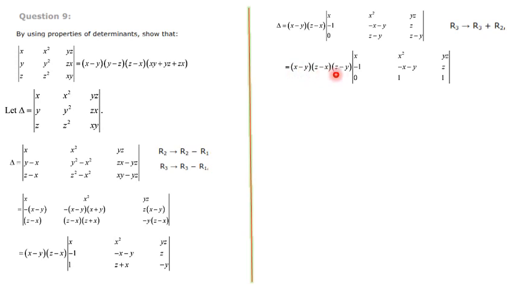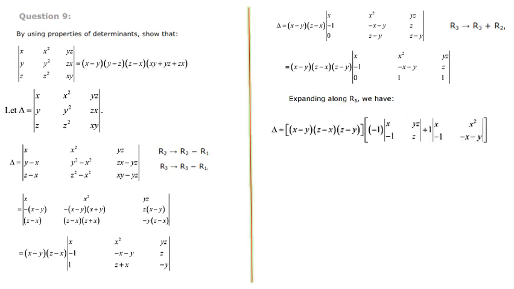So outside x minus y, z minus x, z minus y are also now there. First row remains the same, second row also remains the same, third row z minus y going out, it becomes 0, 1 and 1. Again, go for expanding along R3, row 3. What we get is outside terms we can keep as they are, x minus y, z minus x, z minus y. And here, first element no need, second element we have to start. Second element is third row, second column, that is 2 plus 3 is 5.